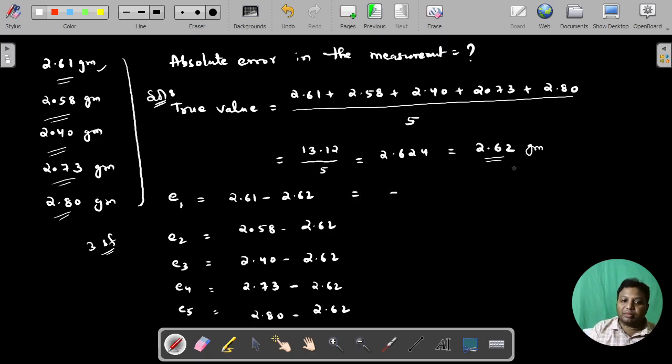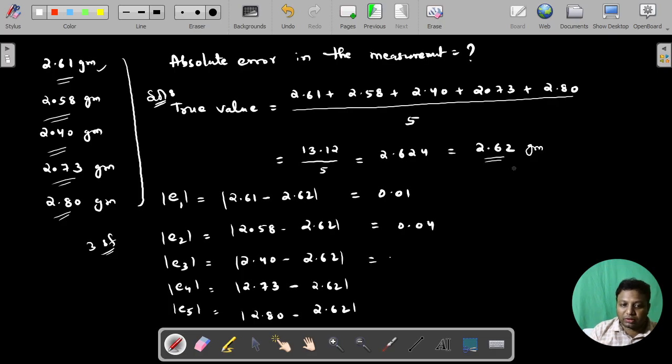So this is minus 0.01. See, we don't bother about minuses in these calculations. Why? We shall be using only the magnitude of these errors. As we are using only the magnitude of these errors, we need not write any minus here. We are only concerned about the difference. Okay, the value is 0.01 here,